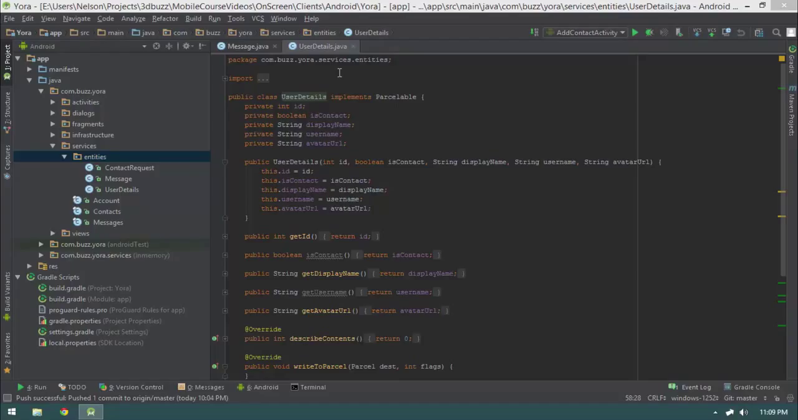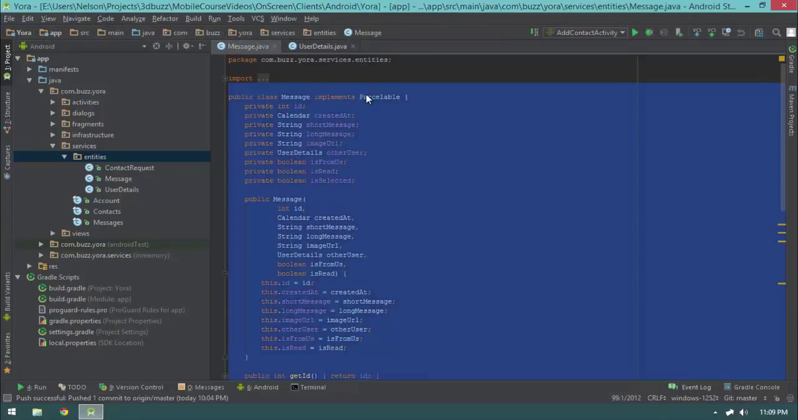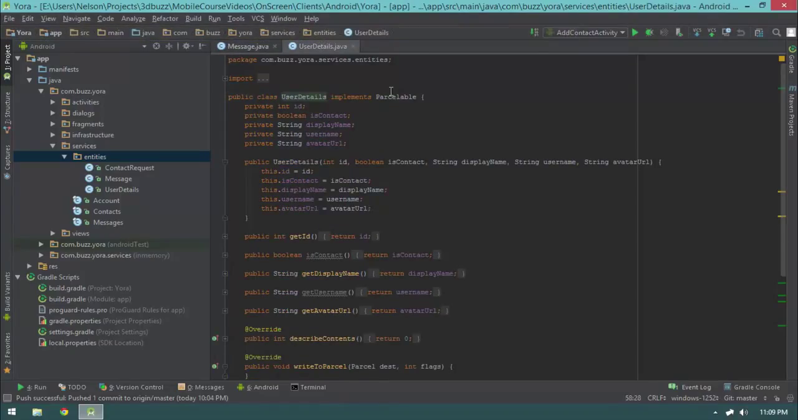In this video, we are going to talk about parcelables. If you recall, our user details class and our message class both implement parcelable, this interface right here. And I said it was necessary for them to implement parcelable so that we could write some of our activities, but we haven't run into a case yet where they need to be properly implemented, so we've left their methods